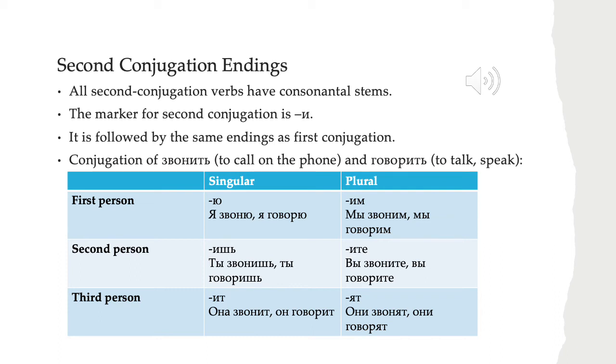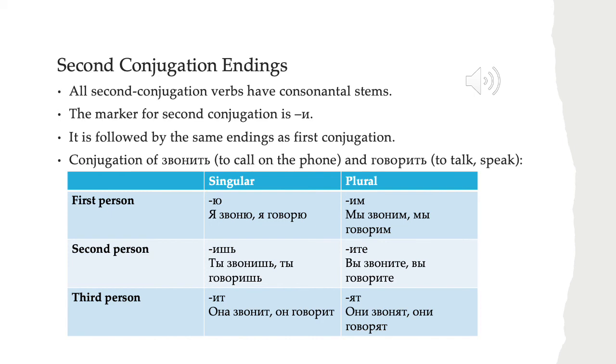And you might ask about the infinitive of second conjugation verbs. So you may have noticed that both of these verbs have an infinitive that ends in ить, звонить and говорить. That is very common for second conjugation verbs, but not all second conjugation verbs have an infinitive ending in ить. So they can also end in еть, or sometimes, and we won't worry about this yet, in other things like ать or оить. There are other things going on that we don't need to worry about.